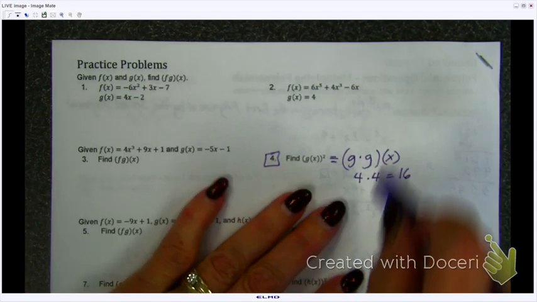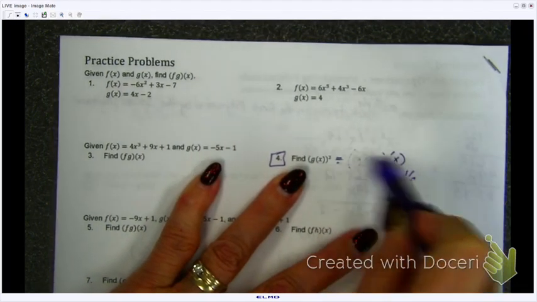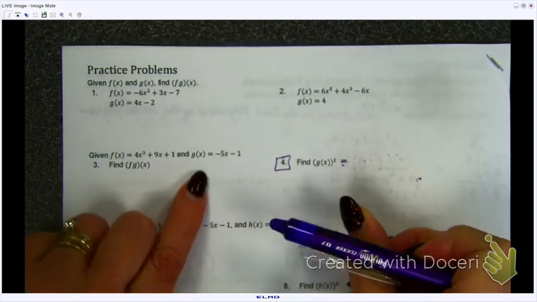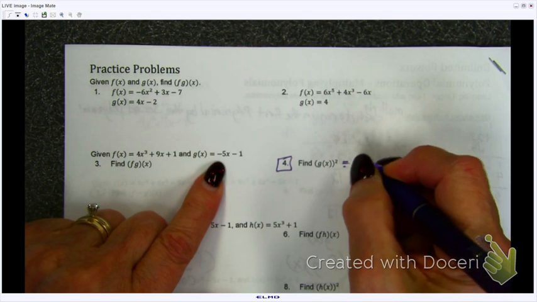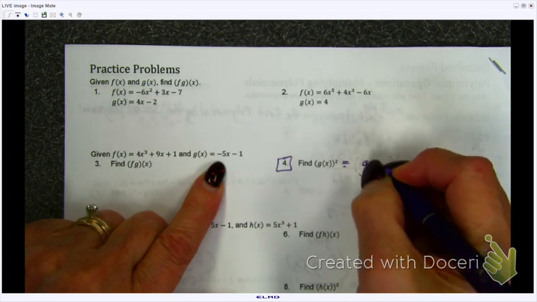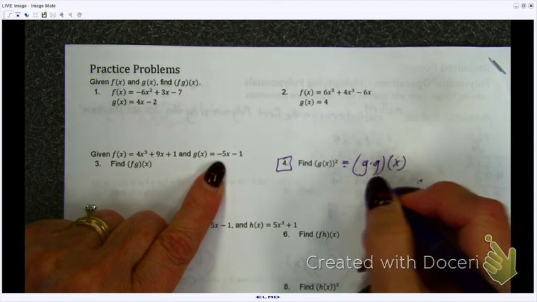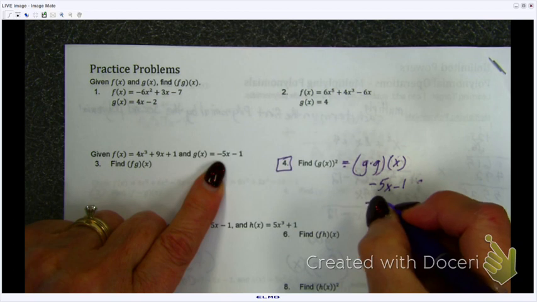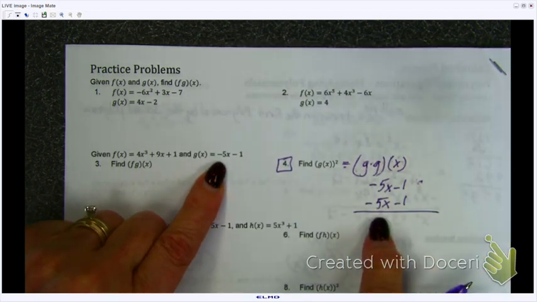Oh, no, never mind. That was G from up here. We need G from over there. Sorry. We should use this G here. So it does mean G times G. Shouldn't have erased that. So we have negative 5x minus 1 times negative 5x minus 1, G times G,